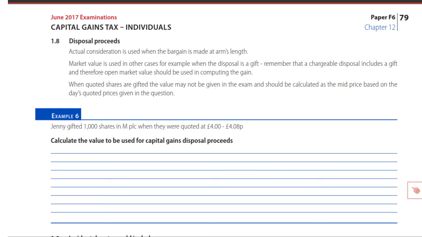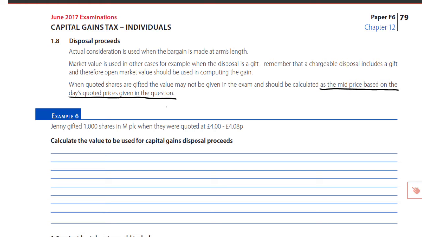But when quoted shares are involved, rather than telling you what the market value of the shares may be, they may give you a little exercise, and it is a very little exercise. When quoted shares are gifted, the value may not be given in the exam and should be calculated as the mid price based on the day's quoted prices given in the question. What they will do is to give you closing prices at the end of the day upon which the transaction took place,